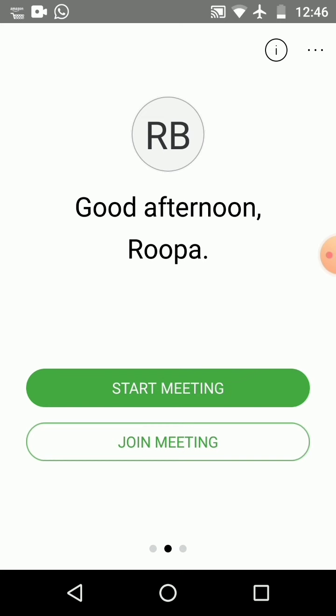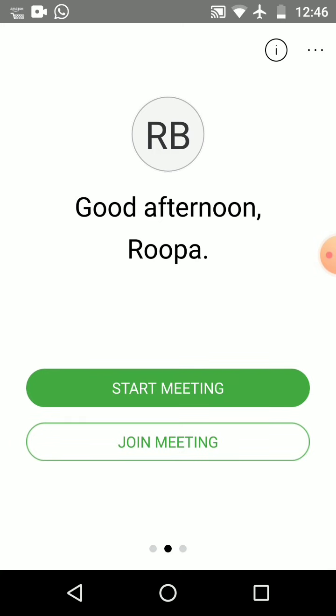Once you sign in with that particular mail ID and password on your mobile, you have to swipe left. When you swipe left, you will get something called upcoming meetings. In the upcoming meetings, you have to go to the particular date and that particular meeting, and click on start. That is different when you get the sign in mail ID from the school.